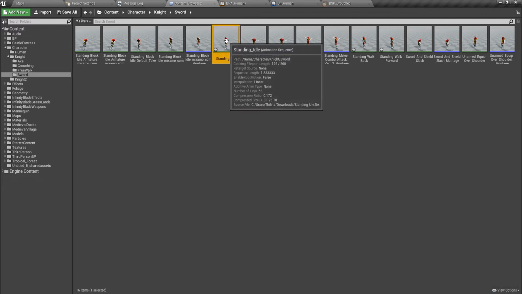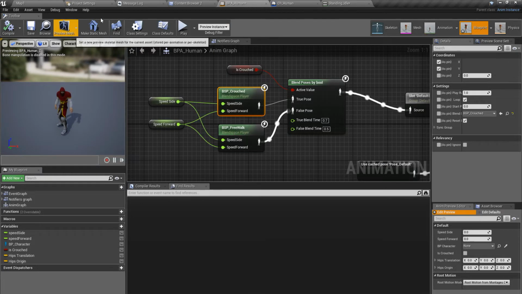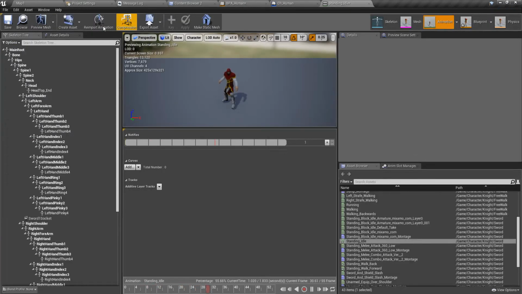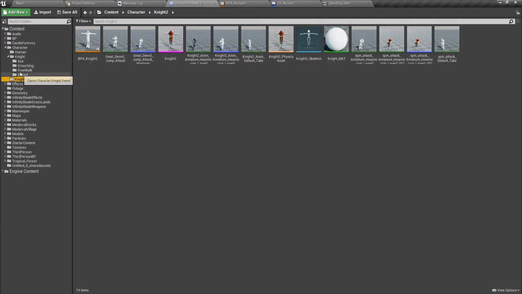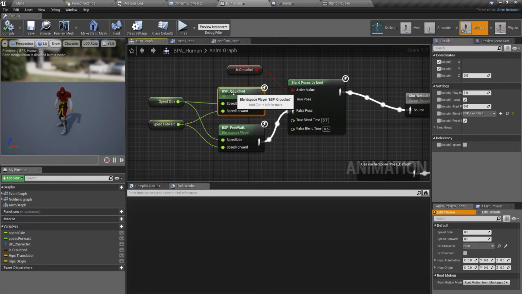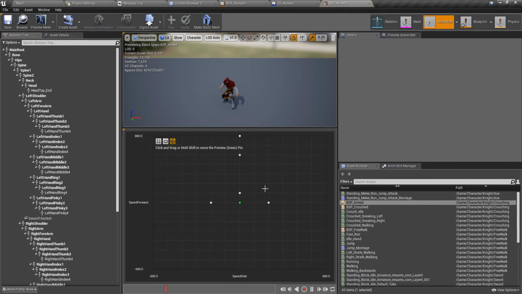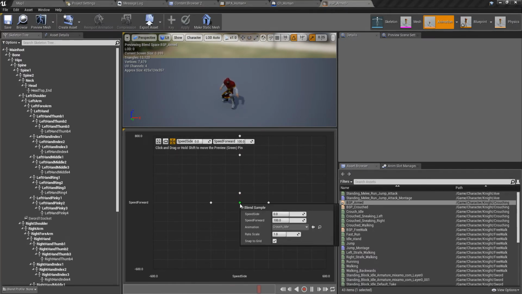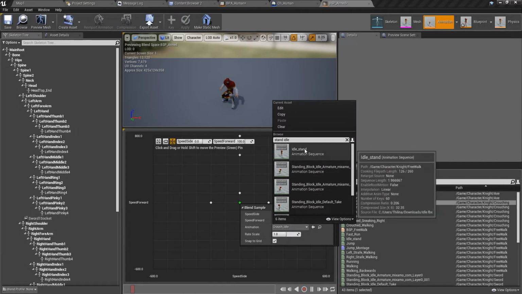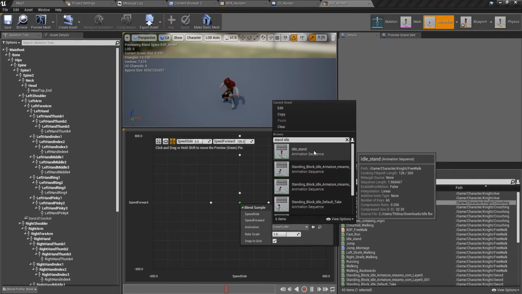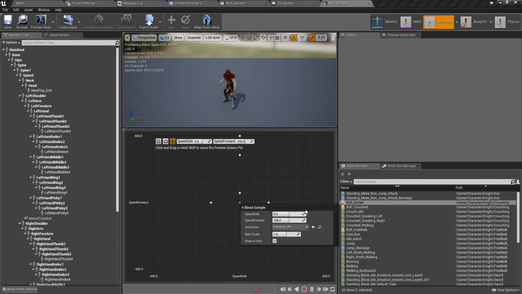Right, now I'll open my duplicated blend space, where was it again? Here. Right, and for this one I'll use stand idle in the sword folder, not in the free walk folder, the one in the sword, this one,